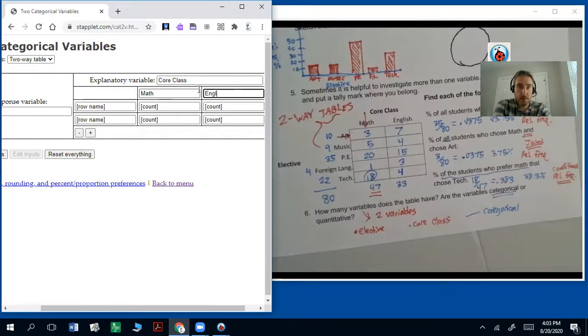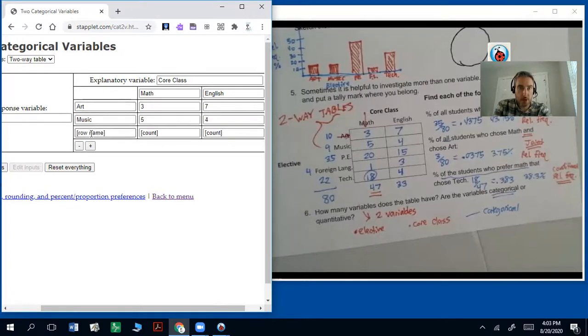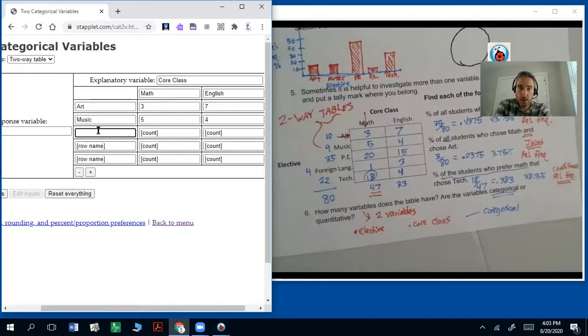Math, English, art, 3-7, music, 5-4, and we got to add 3 more columns, rows, PE,